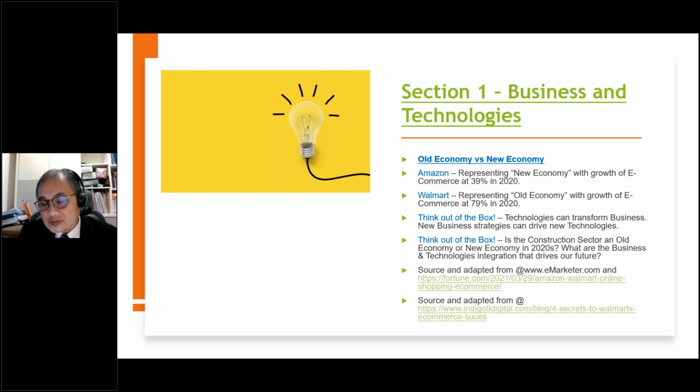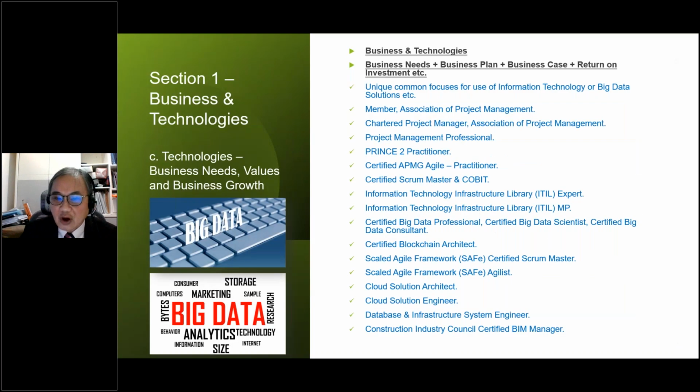And so, if we think out of the box, even if we are within the construction sector, we must embrace the new economy and the new technologies. And so, if we are connecting the business and technologies together, we need to look at the business needs, the business values, and the business growth together with technology.